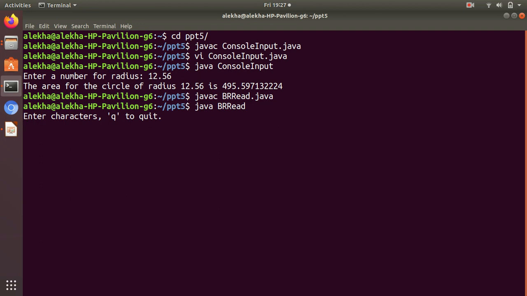Okay, so it is asking to enter a set of characters that should end with Q, so just enter Q to quit. I will write it all in one line, and at the end I need to write Q, so I am adding a Q here. I am ensuring that there is no Q in between, and it is going to read each character and print it.